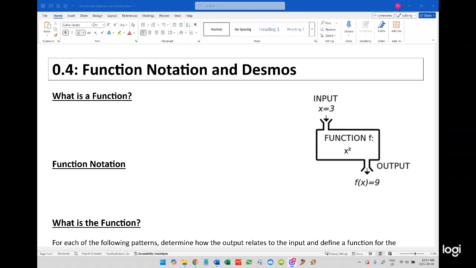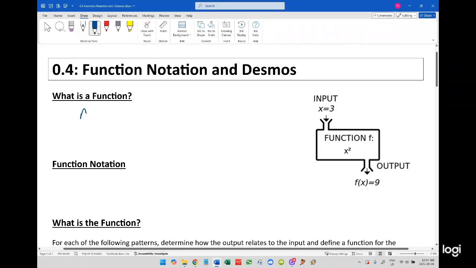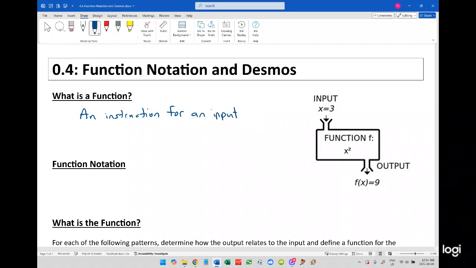So there's a little diagram here on the right-hand side that basically shows what a function is. And a function is really just an instruction. So it's an instruction. And what it does is it tells us what to do with an input. So it says, give me a number and I'll tell you what to do with that number. So it says, give me a number, I'll do the instruction on that number, and then I'll pop out